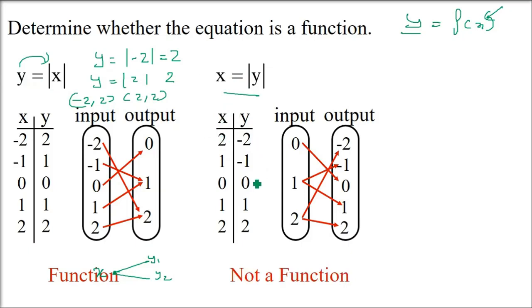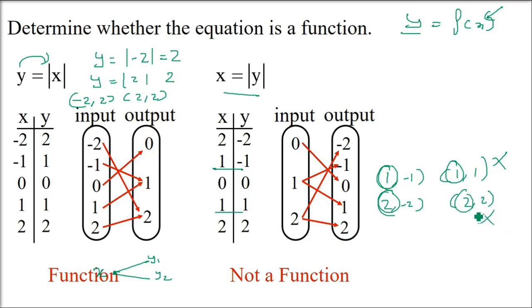That is, for a single x value, there are multiple y values. But the function definition says that for every x, there has to be a unique y, which is not here. Let me write it like this. 1, -1. 1, 1. Let me write it whole. 2, -2, and 2, +2. Now you see 1 is repeated, it cannot be a function. You see 2 is repeated, it cannot be a function. Clearly, if x is repeated, it is not a function. A single value of x cannot give you multiple values of y. That is the definition of a function.